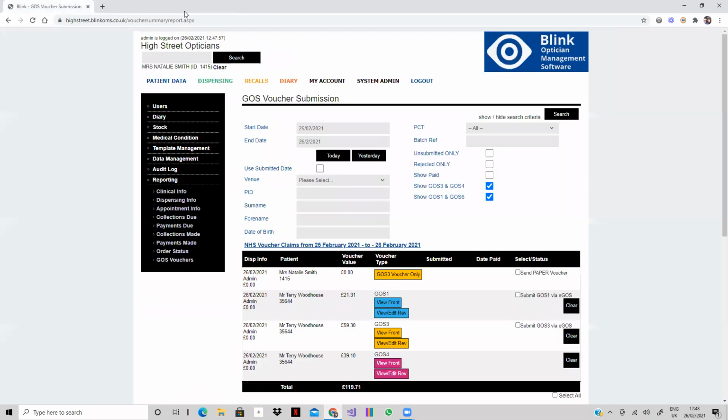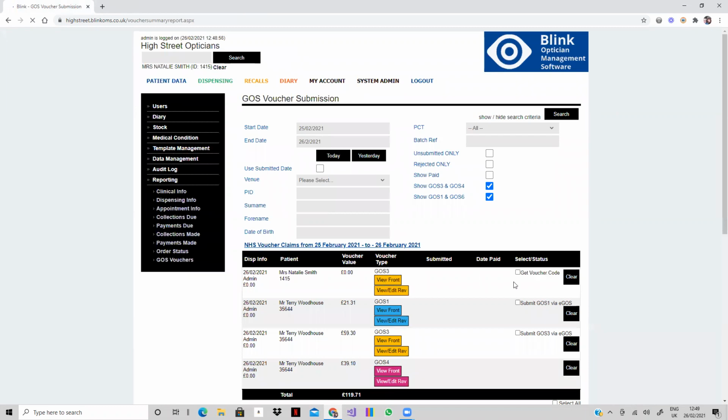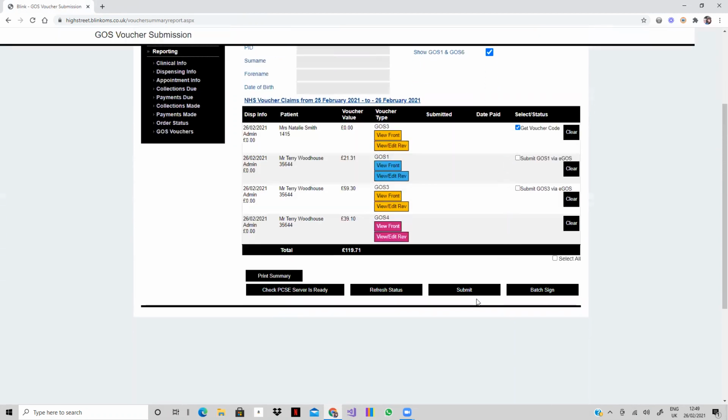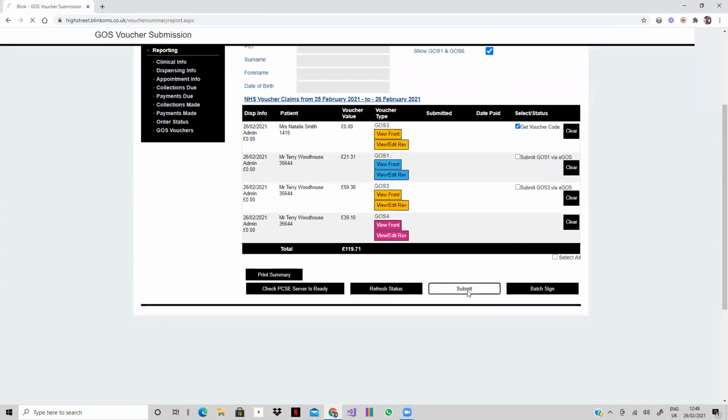Okay, so that was actually saved when I put in the correct voucher code, voucher type into the front of the form, sorry, the back of the form. So now if I refresh the screen, I've got this eGOS. I can view the front and the reverse, and I've got a select status option of get voucher code. So if I tick that box and click submit,